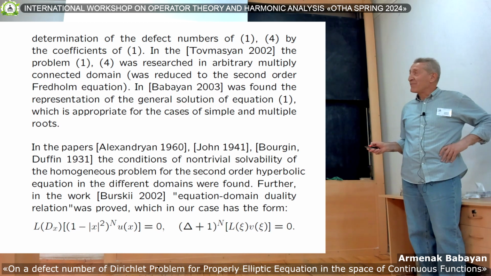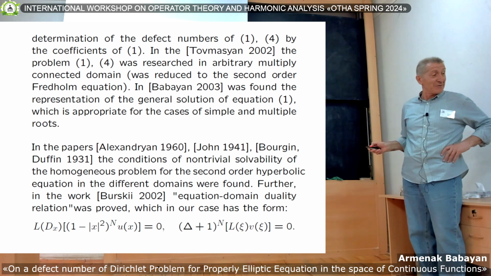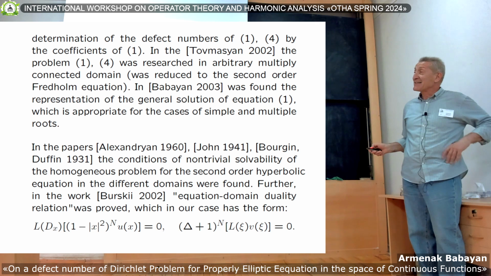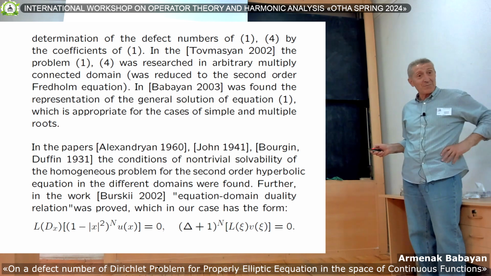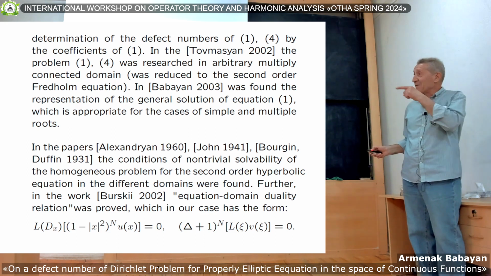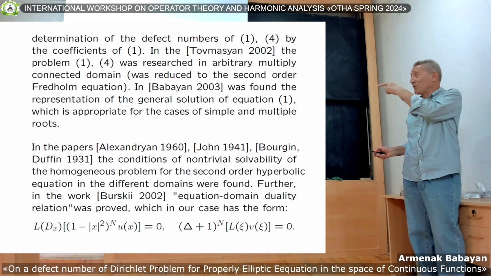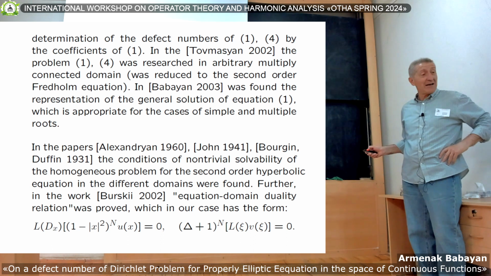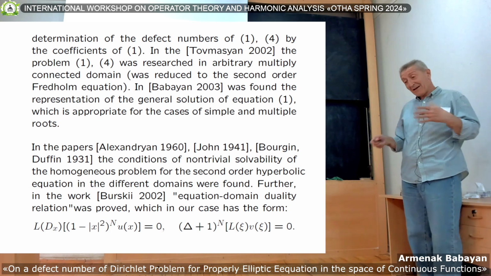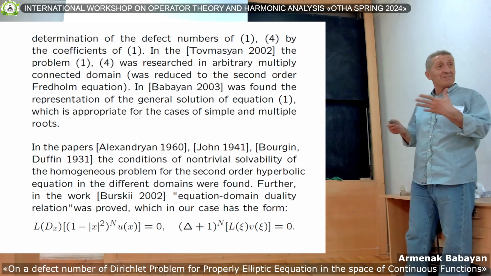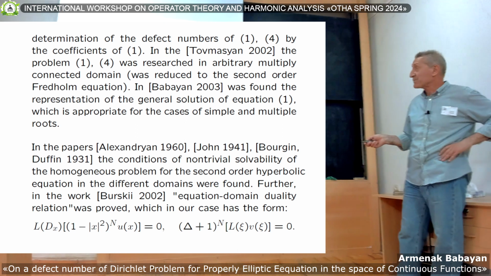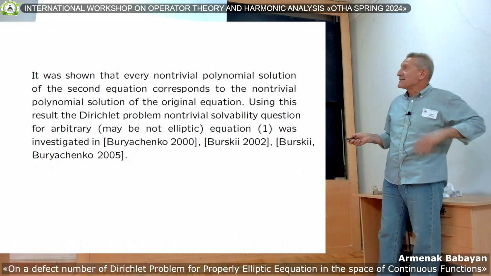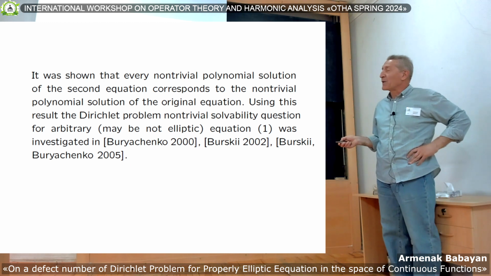So the boundary values for the homogeneous problem, where Lx is the differential operator, equal 0 if and only if delta plus 1 and Lxc Vxc equals 0. This duality helps him to solve the homogeneous problem. And there is some result about this equation,